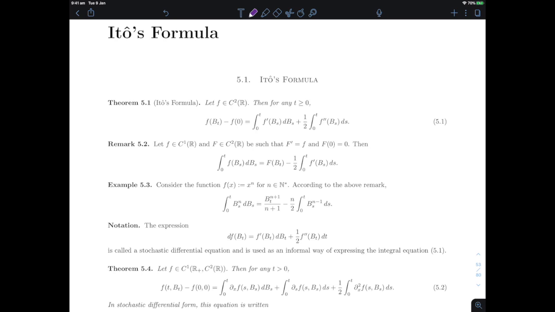Now in this video we will prove Ito's formula. This is arguably the most important formula in all of stochastic calculus for the Ito integral. It generalizes the fundamental theorem of calculus in standard deterministic calculus, and it's going to give us a concrete way of computing Ito integrals. So the formula is given here in 5.1, but to understand it, let's start by recalling